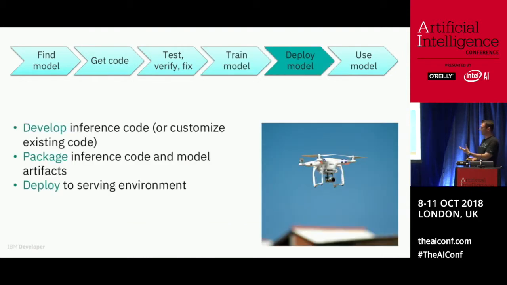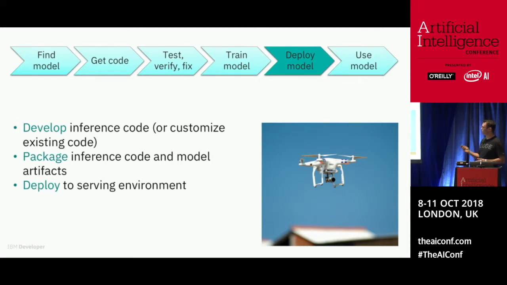And once you've solved that problem, you need to figure out how to deploy this model. So you may need to develop further inference code from scratch or customize existing code. For example, many training implementations may be optimized for batch processing, but not for single instance inference. So you need to go and solve that. You need to then package up the code for inference together with the pre-trained model artifacts and deploy that to some serving environment. So this, again, is potentially the subject of an entire conference talk. There are many different ways of solving this problem.